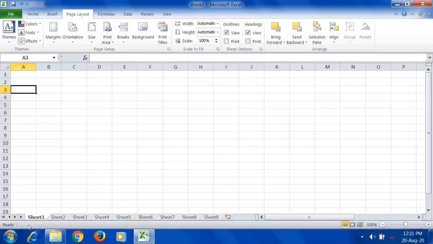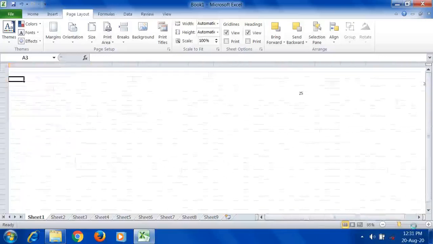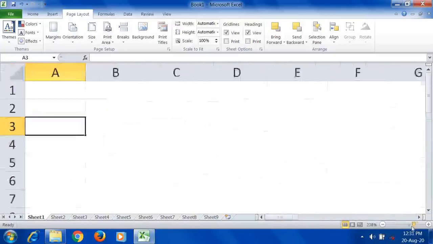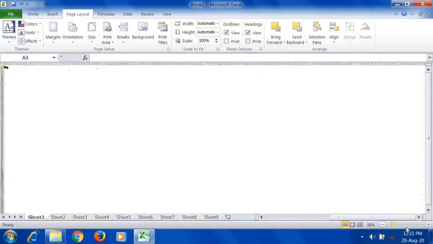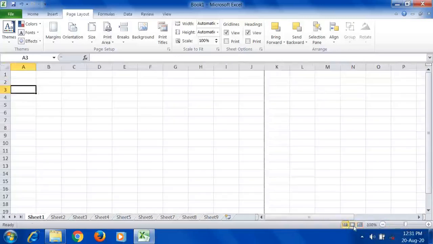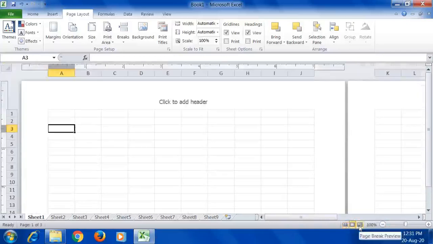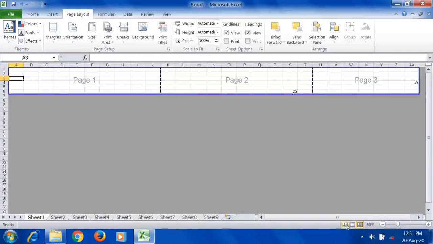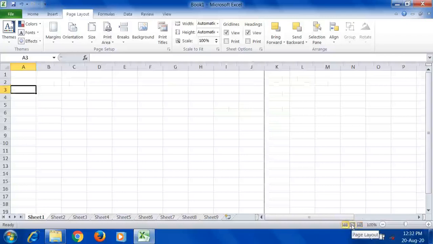This entire bar is the status bar, and here you have the vertical scroll bar, and here you have the horizontal scroll bar. So two scroll bars are present, one horizontal and another vertical. And here they have given the zoom option. You can increase the view size of a workbook. With this zoom you can increase and also decrease, and 3 types of views are given here. One is normal view, second is page layout view, and third is page break view. These are the 3 views.